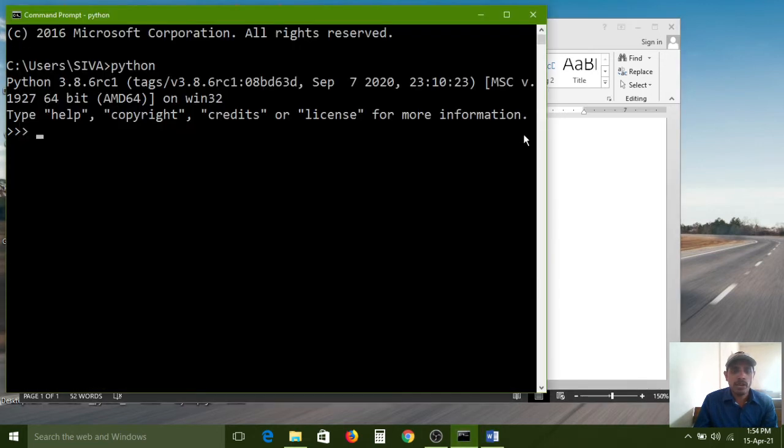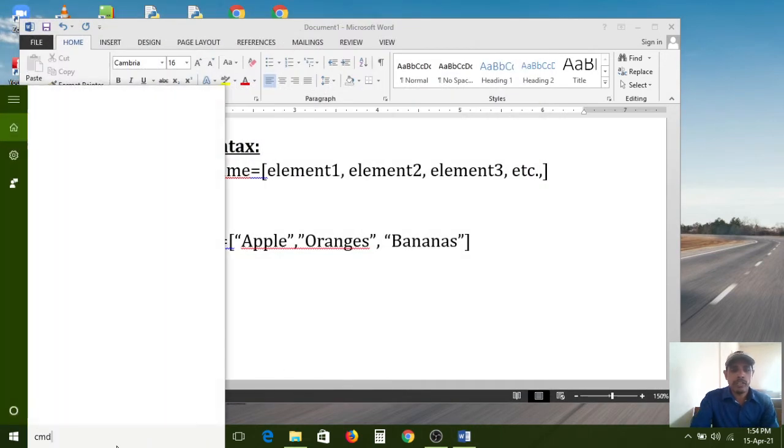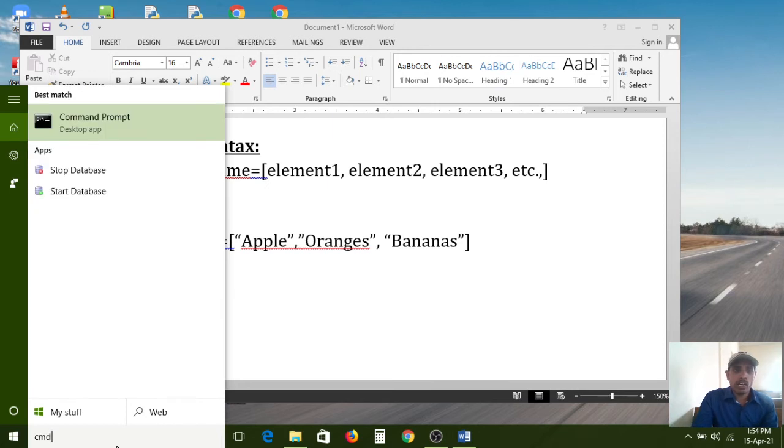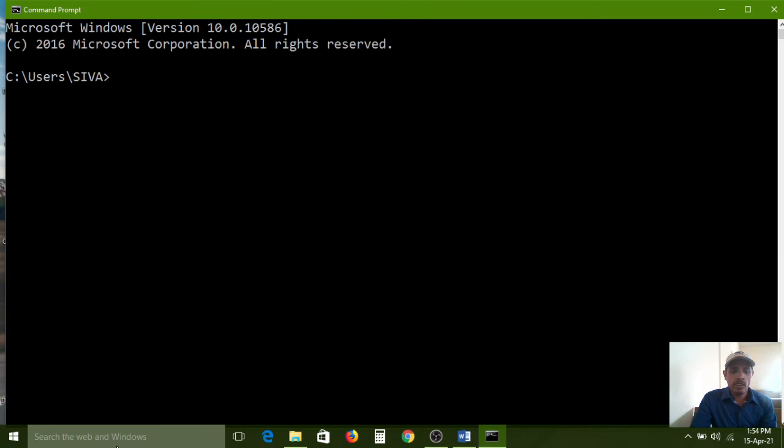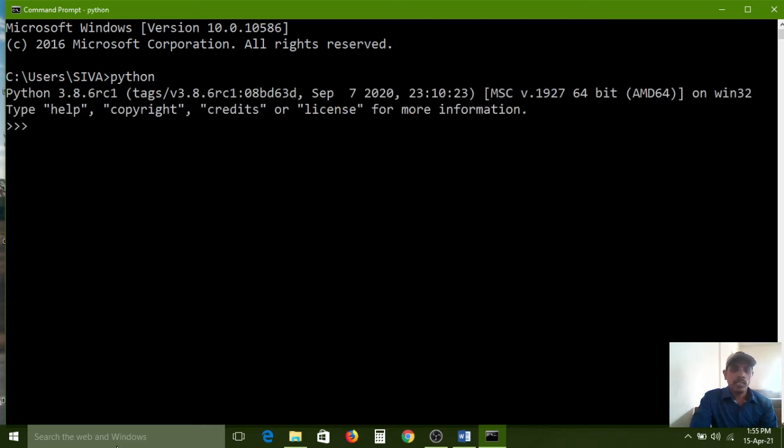For that I am opening one command prompt window. Either you have to open the command prompt, or the IDLE shell window also we can open. Now I am opening the command prompt, and this is the convenient way to use. By default the command prompt is shown like this. In this I want to access the Python shell window also. For that, we need to type the python keyword here and press the enter key. Automatically it moves from the command prompt to the Python shell window.